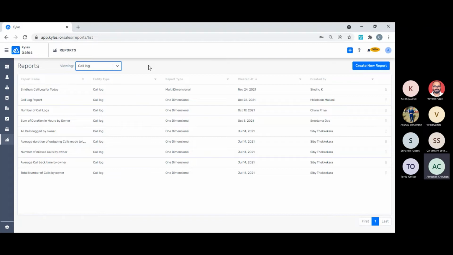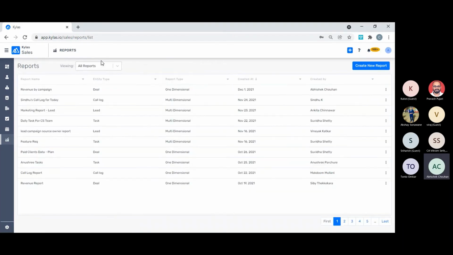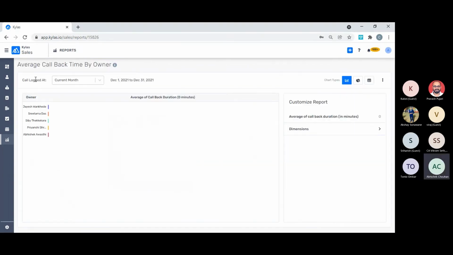Okay, so let's say there is a very important parameter, which is nothing but the average callback time by owner. Callback time is calculated as the time difference between the first incoming call from a lead, and if that is a missed call, then after how many minutes or seconds the person has called back the customer.